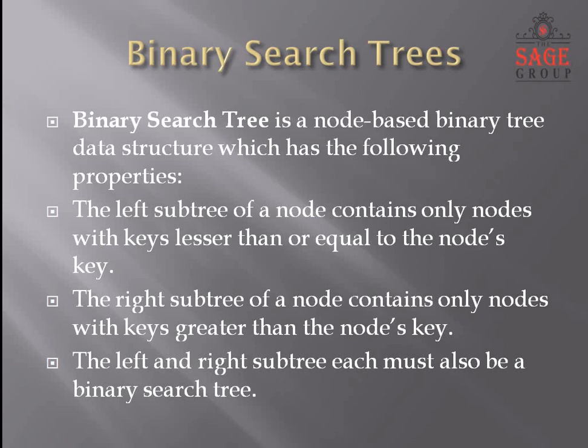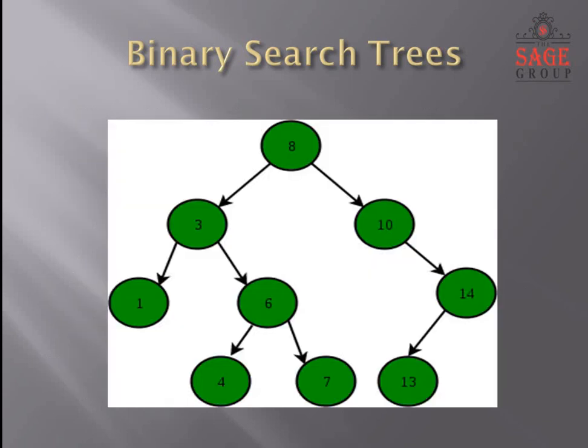So if I look at a binary search tree and at the root, then towards the right we are going to have values which are bigger than the root, and towards the left we are going to have values which are lesser than the root. The left and the right subtree must also be binary search trees. So if I have a left subtree and a right subtree, then in themselves they should also be binary search trees. Then I say that the whole tree is a binary search tree.